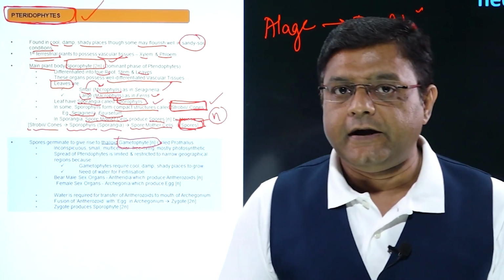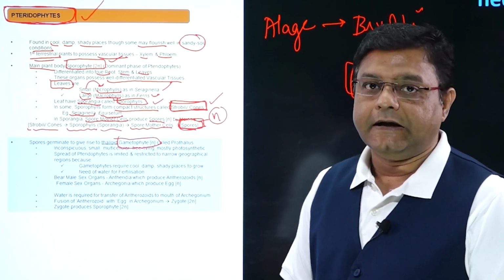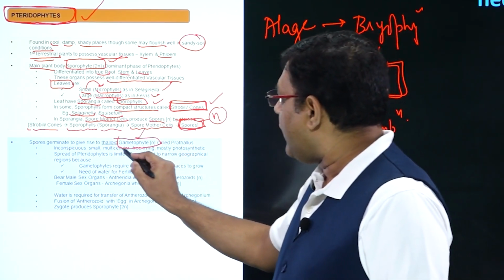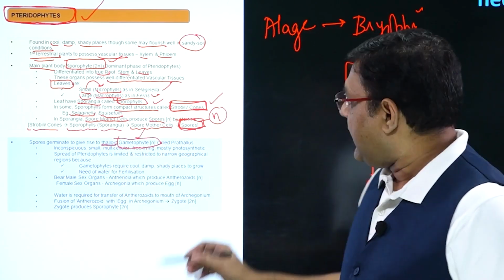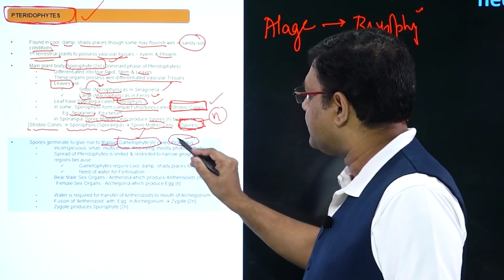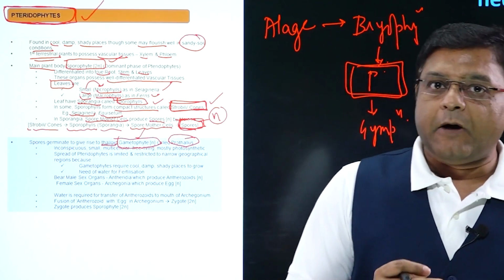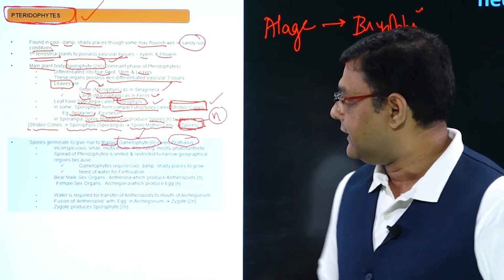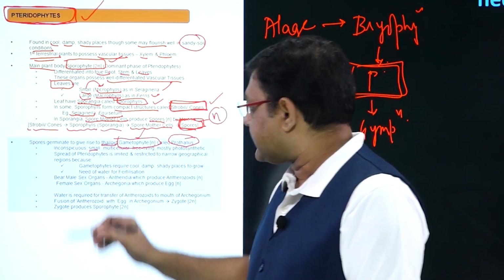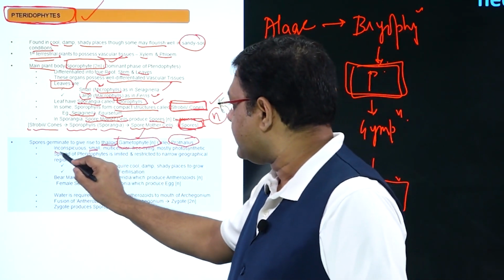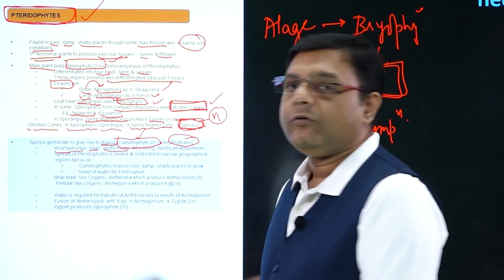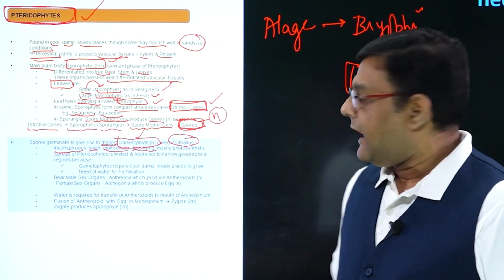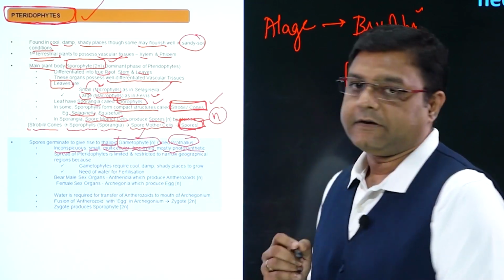Now, these haploid spores, if they germinate, will give rise to the gametophyte, and the body of the gametophyte will be thalloid and it will be referred to as prothallus. Now, talking about the specialities of this gametophyte, which is called prothallus, it is a small structure. We can say it is inconspicuous. It is a multicellular structure. Important thing is that the gametophyte is free living and it is mostly photosynthetic.